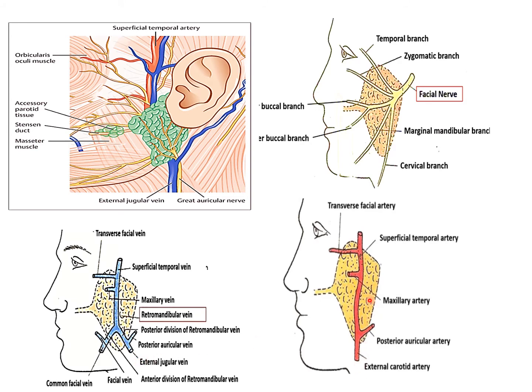The external carotid artery is present in the deepest plane. It enters the parotid gland through the posteromedial surface, and it gives a posterior auricular branch and then divides into terminal branches that are the maxillary artery and the superficial temporal artery. Also, the transverse facial artery, which is a branch of the superficial temporal artery, emerges along the anterior border of the gland.